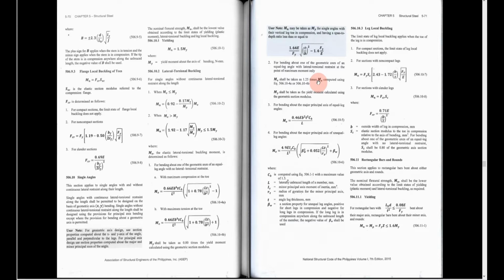And for the leg local buckling, since the toe of the leg is in compression and the legs are non-compact, we will use this formula in determining the leg local buckling, or the nominal flexural strength for leg local buckling. So kindly take note of these formulas. And to proceed with,